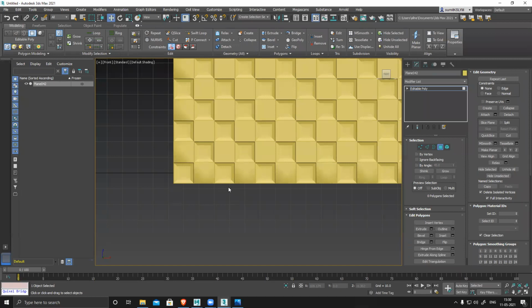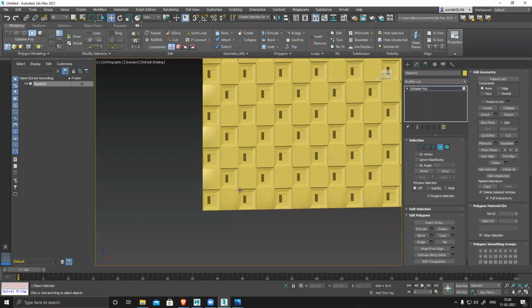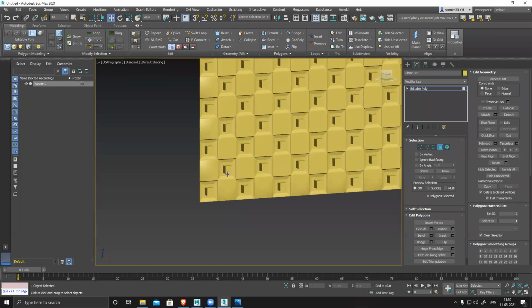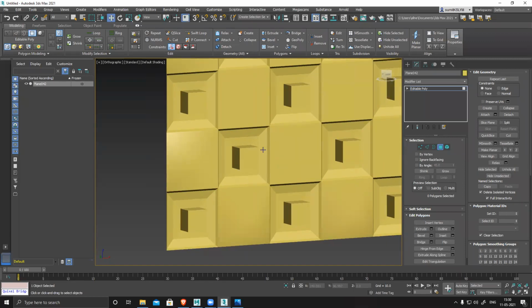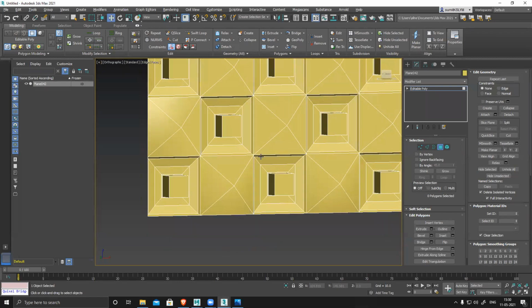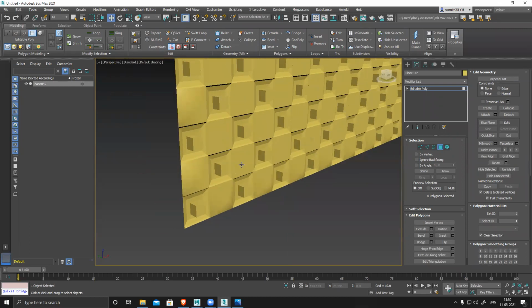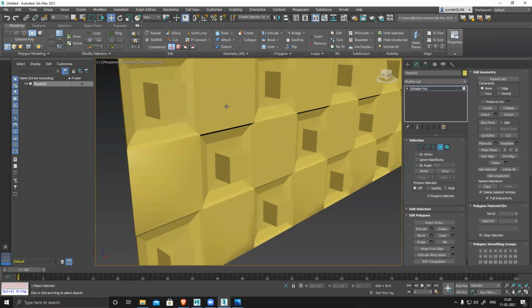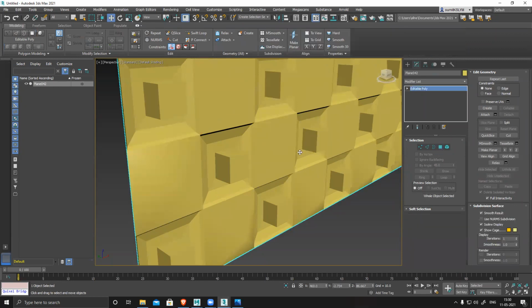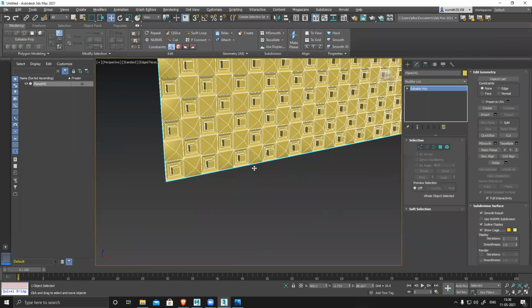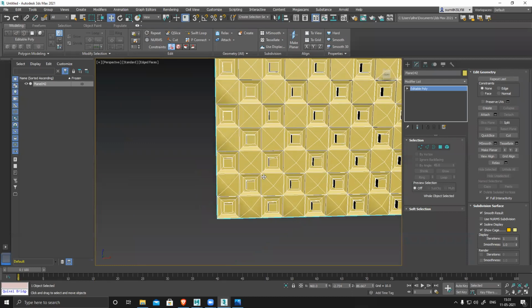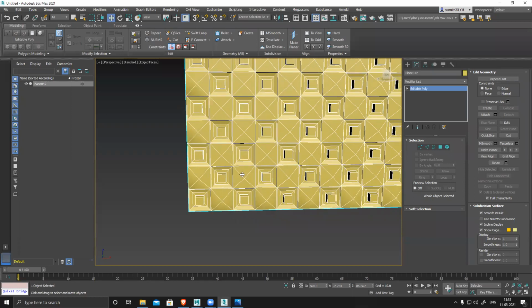So here I can clearly see there is an issue. For a perfect design, you have to make sure your basic shape is correct. Until and unless you duplicate and attach it, you cannot see whether it's working or not. In this case, it's fine. Only thing is, this is creating a lot more problems. This one is creating a problem. This one is creating a problem. So what I have to do is, let's see if I do it like this.